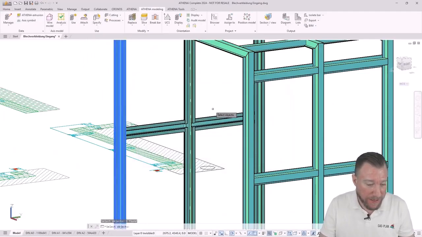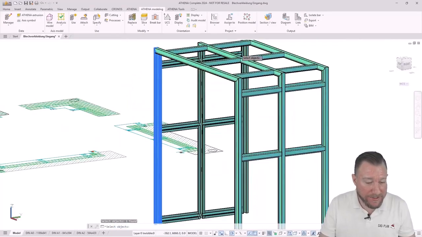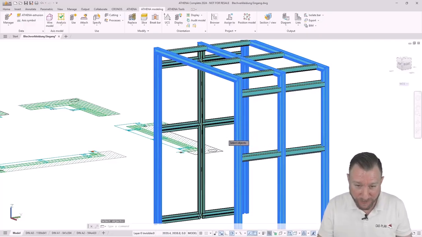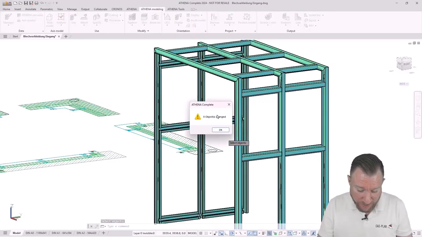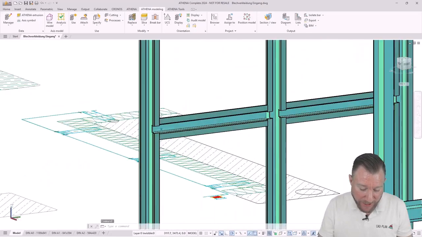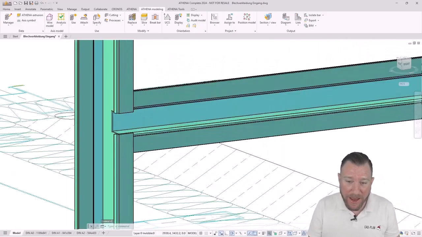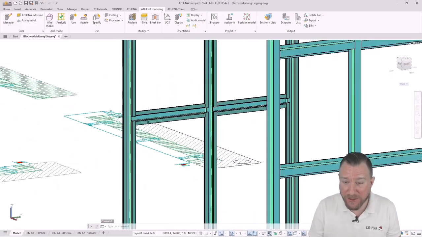Here again, you can save a lot of working time thanks to ATHENA automation. So 8 objects changed, and we will look at the result together